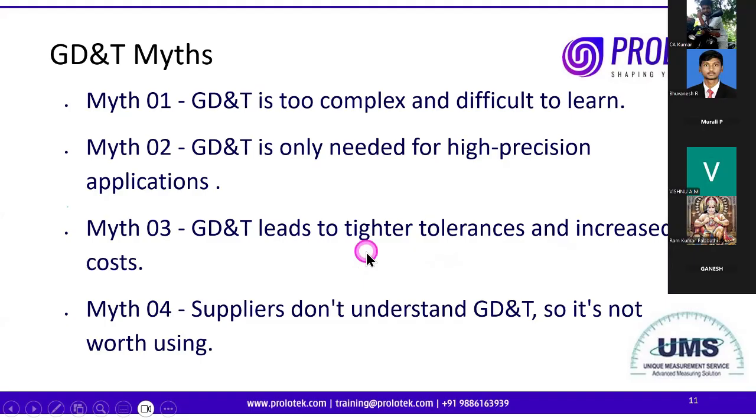I have been giving training for many companies, most of the MNC companies. Whenever I go there for training, if I tell the advantages of using GD&T, people over there tell me that we can give GD&T, but what if our suppliers don't understand GD&T, right? Now, there are many cases where I have seen suppliers being more educated and more skillful in GD&T than the OEMs. Many of them are aware of the advantages of GD&T. Even small suppliers are nowadays learning this language, and they are using GD&T in a better way.